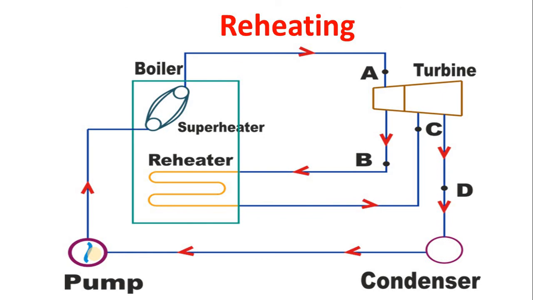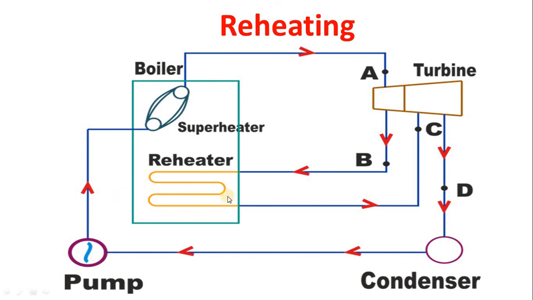In the case of a multi-stage turbine, the steam that comes in contact during the first stage expands, and after that expansion, when the same steam enters the lower or middle stage, some amount of moisture goes along with that steam. It affects the performance of the steam power plant, and the life of the lower stage reduces. In order to avoid that, or to remove the moisture content from the steam, reheating is done.